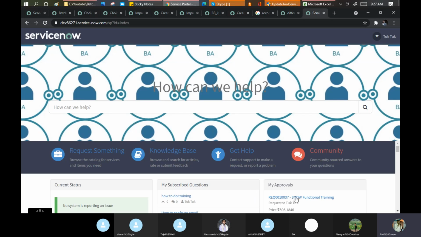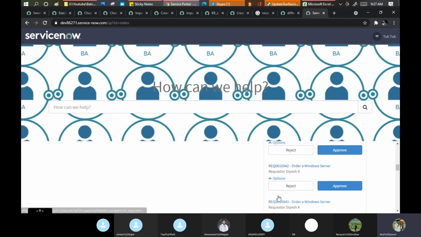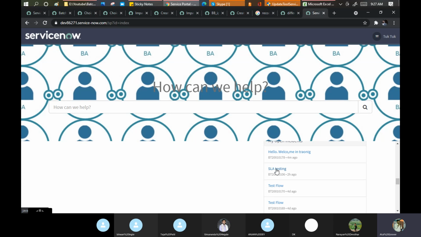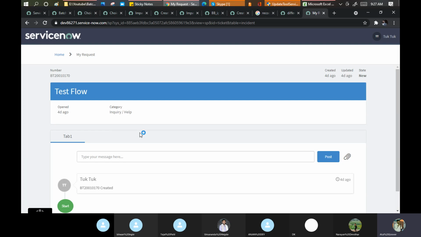So the intake, what I was showing to you basically here. Let me open an incident. Okay, test flow. Okay, I give you the functionality to see the changes under tab 1, tab 2, tab 3, tab 4, tab 5. This is a functionality added by ServiceNow in the Paris release that you can create your own tabs as well.